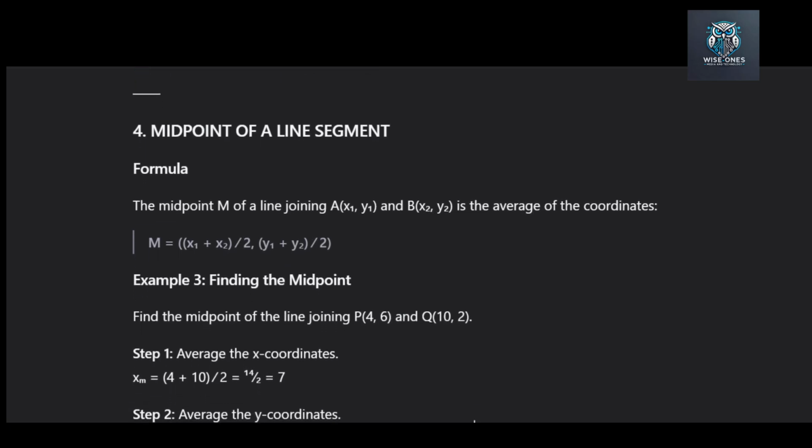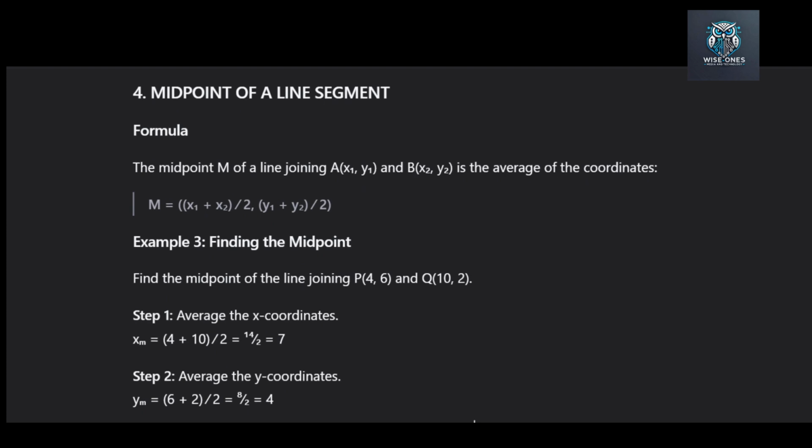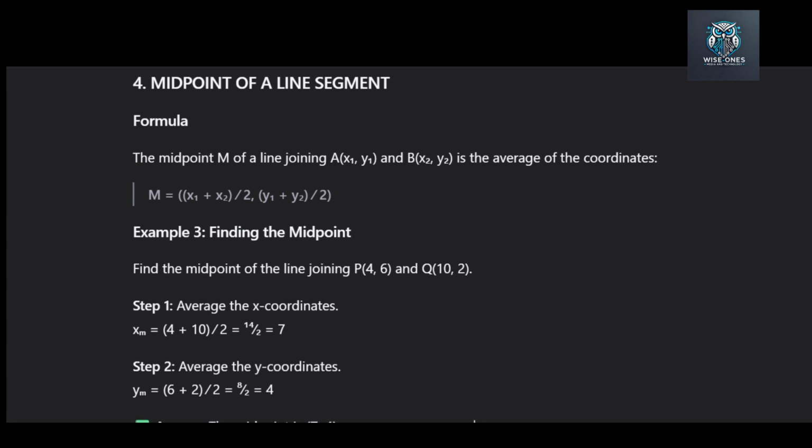Now let us move to section 4, midpoint of a line segment. The midpoint is exactly what it sounds like. It is the point exactly in the middle of the line joining 2 points. The formula is very simple. The midpoint M of a line joining A (x1, y1) and B (x2, y2) is the average of the coordinates. So M equals